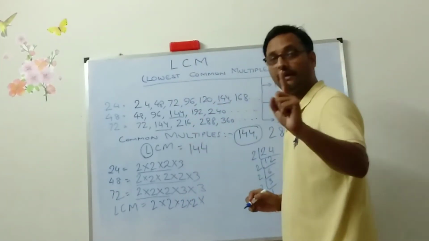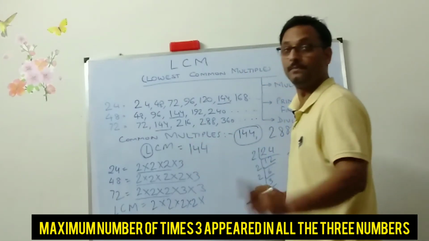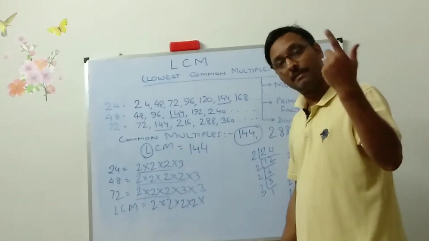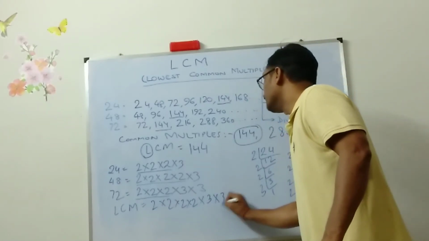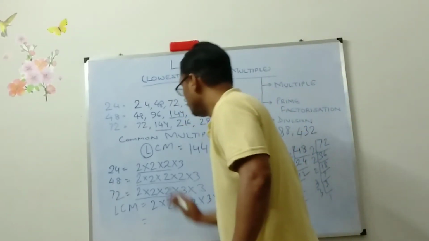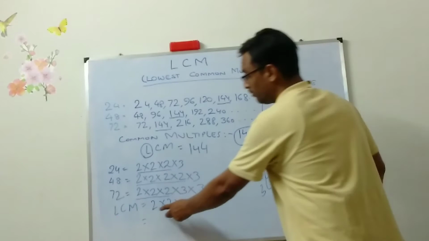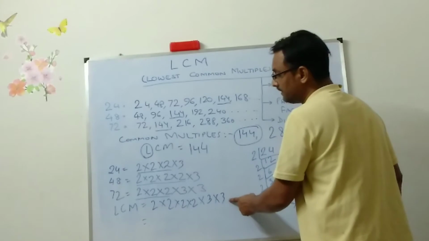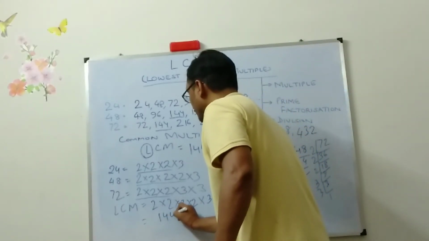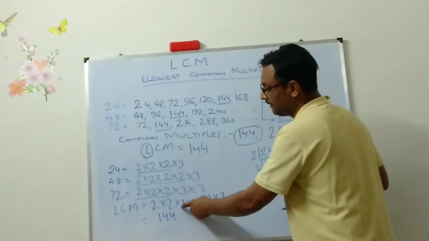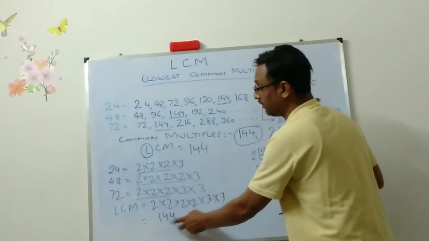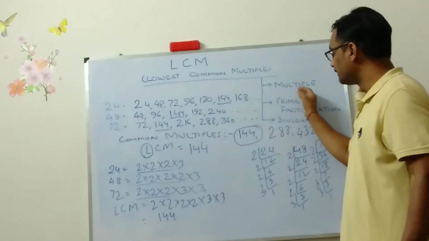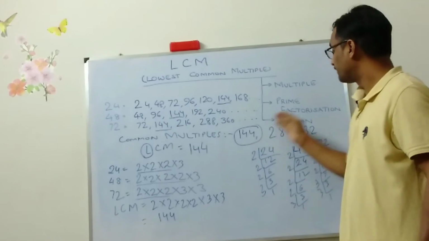3 has appeared 1 time. 3 has appeared 1 time. And in this 3 has appeared 2 times. So you needed to write the maximum number of times. 3 into 3. Now multiply this. You don't have any other number. 2 2s are 4, 4 2s are 8, 8 2s are 16, 16 3s are 48, 48 3s are 144. Cross check it whether you have done correctly or not. 3 3s are 9, 2s are 18, 2s are 36, 2s are 72, 2s are 144. These two numbers are tallying. So I have done in multiple method and second one in prime factorization method.